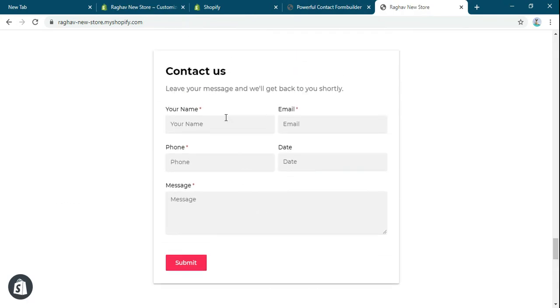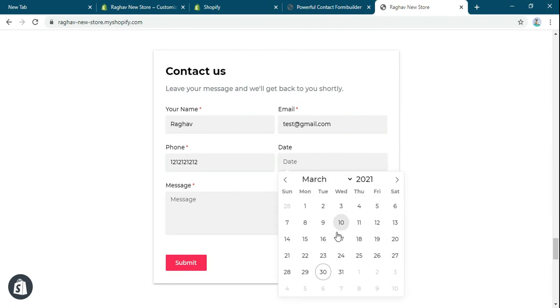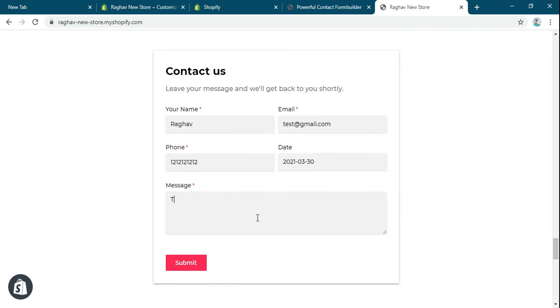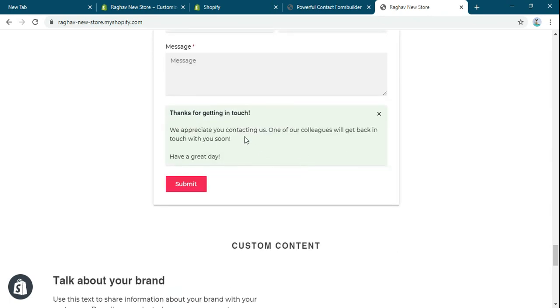Suppose we submit this form. This is the message it is showing after submitting the form.